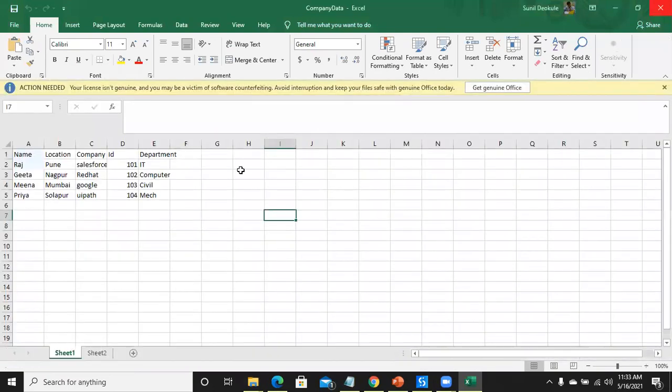These are the values available in the file. This is a use case I want to share with you.